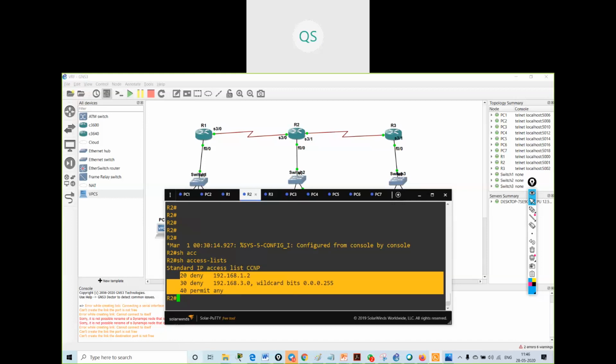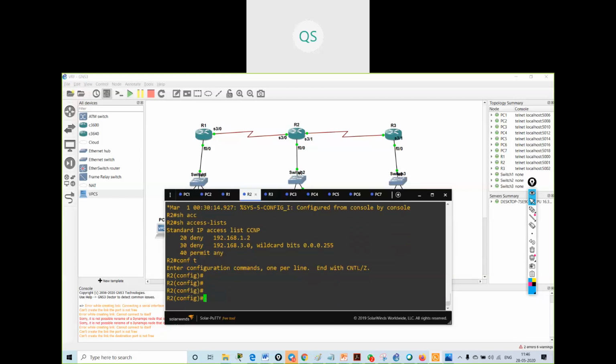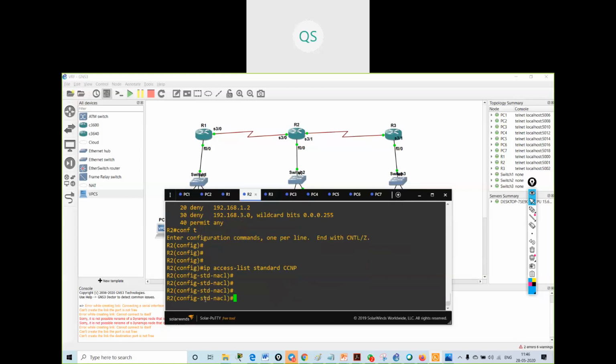Okay, understood? Or what I can do, I can add one more command. If I want to add some command, how can I do it? I will add between 20 and 30.